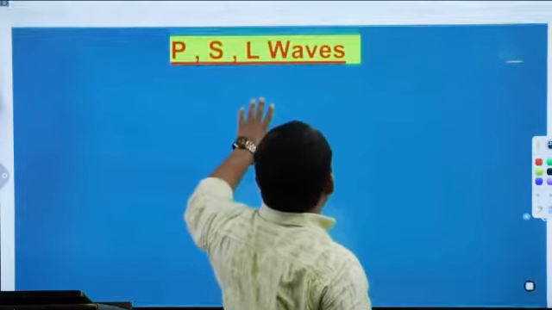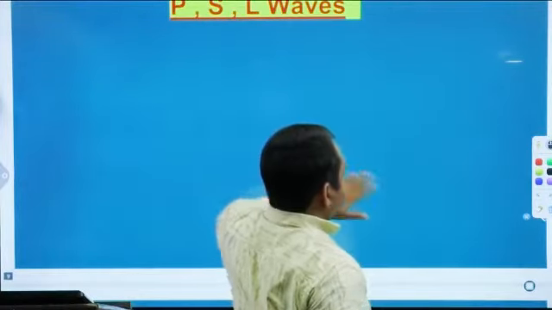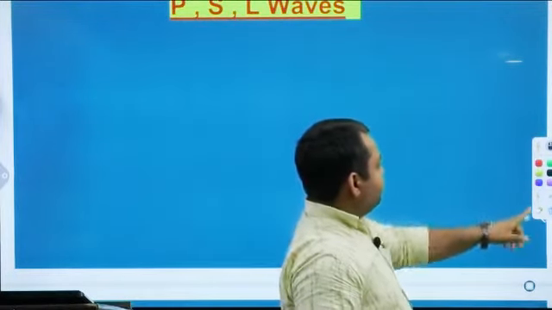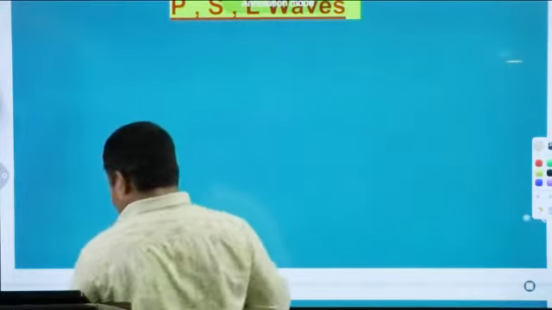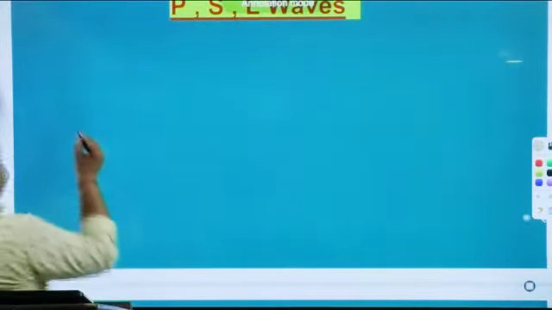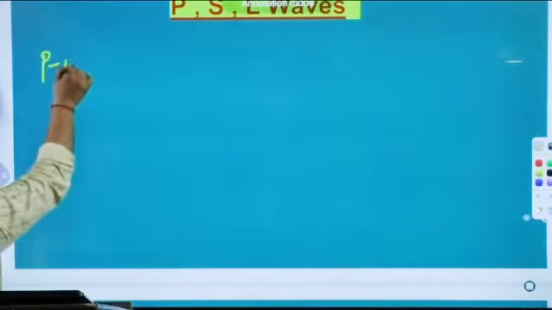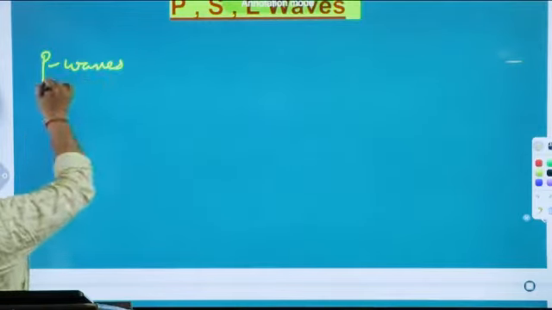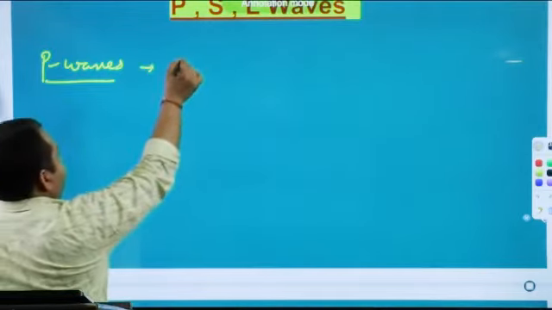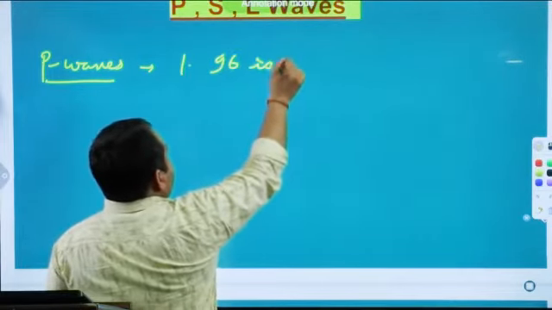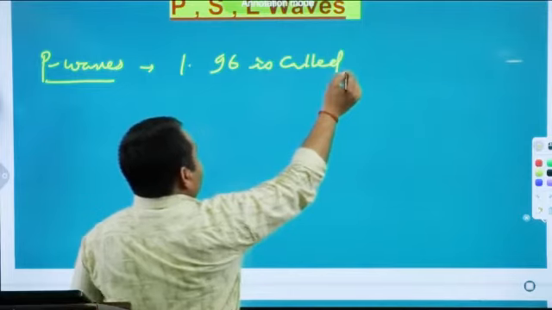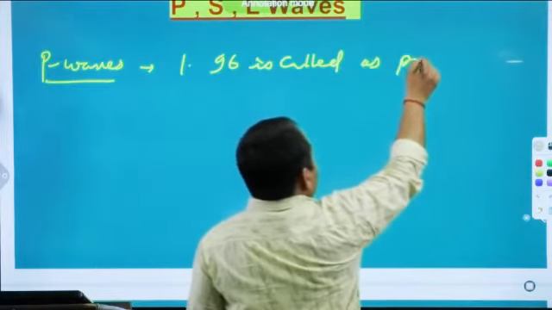After studying the Richter scale, now we know about the PSL seismic waves, because in examinations questions related to these waves are also asked. What is the P wave, right? First of all, P waves. Very first point, it is called as